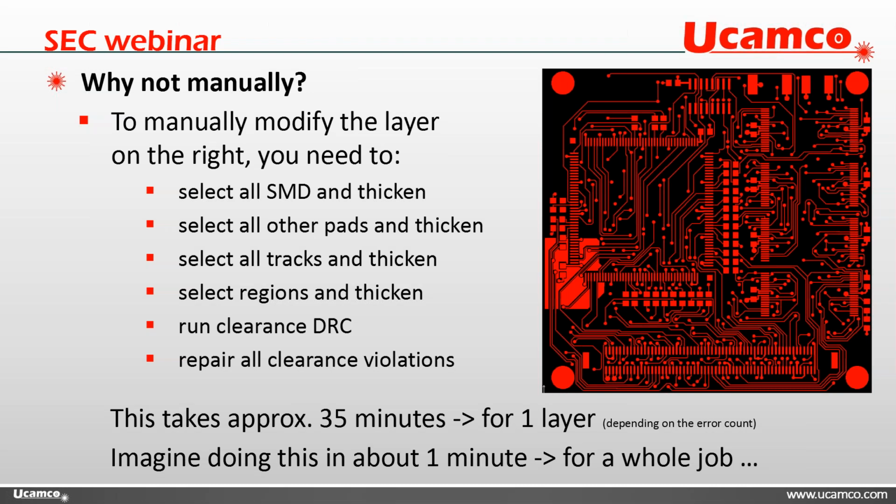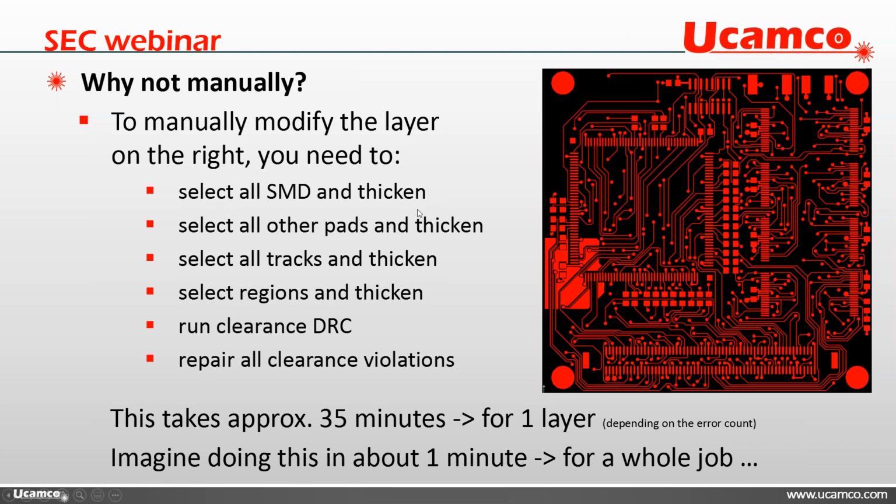So one last question remains before we start with our demonstration. Why not do it manually? Because of course a lot of people are now also doing their edge compensating. I mean, you have to. And then they say, okay, we just make everything a little bit thicker and it will be fine. This might be the case if you have easy to make boards, but most of the time the boards are getting more dense, more complicated, and it's not enough anymore.